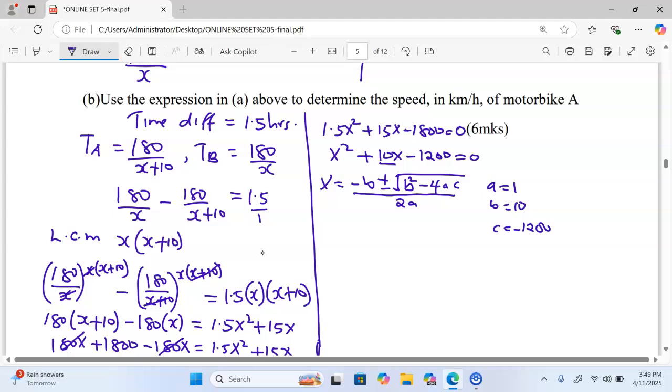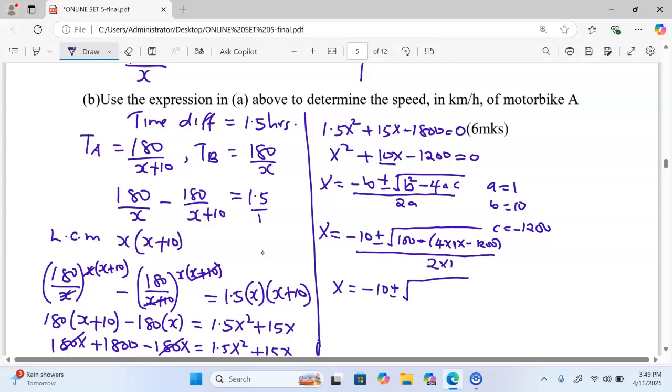From here now we can substitute. Minus b is minus 10. That means x is going to be equal to minus 10 plus or minus the square root of b squared. b is 10, 10 squared is 100, minus, we can open the bracket, 4 times a which is 1, times c, which is negative 1200. You divide by 2 times 1. This one is going to give us x being equal to negative 10 plus or minus the square root,